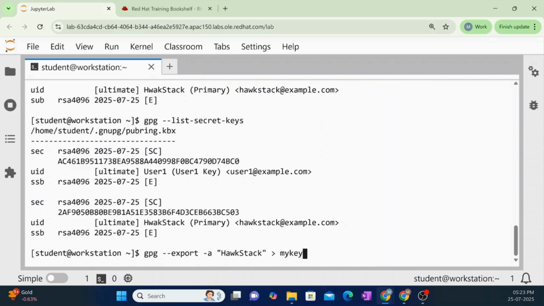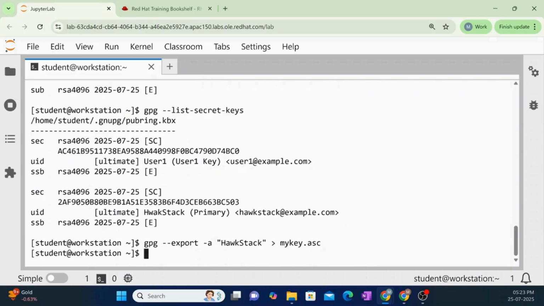Okay, so once this is done, I can see that the exported key gets stored in mykey.asc. So I can send this file mykey.asc to anybody who wants files encrypted through mykey. So now let's say we have created a file called secret.txt, and if I want to encrypt the file, I